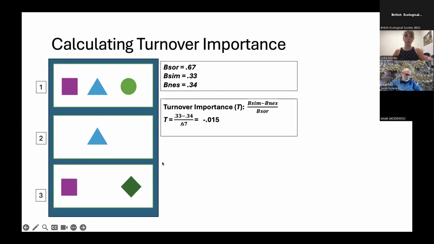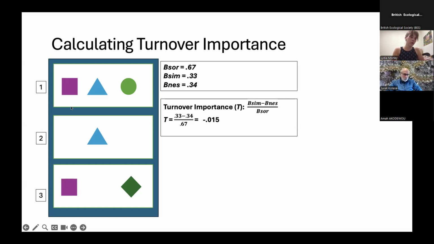And again, for a community, we're talking about a community of interactors over the range of a focal species. And this is good because it doesn't scale on the total beta diversity value. So it's a standardized measure that always ranges from -1 to 1, no matter what your beta diversity value is. So when T is above 0, compositional turnover is more important. When T is below 0, nestedness is more important. So when we do this